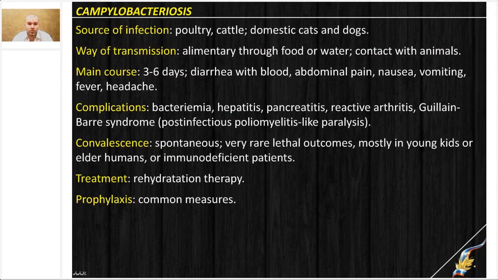So infection is usually transmitted from different types of animals or poultry, and transmitted, of course, through the alimentary route by consumption of contaminated food and water, or in agriculture, even some cases of transmission of bacteria through contact with animals are described. So even without any consumption of food products or water, just simple contact with dirty hands after washing or playing with animals, bacteria can be accidentally swallowed by a human and cause the disease.